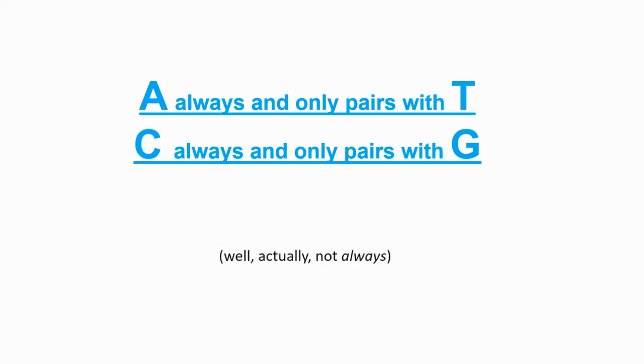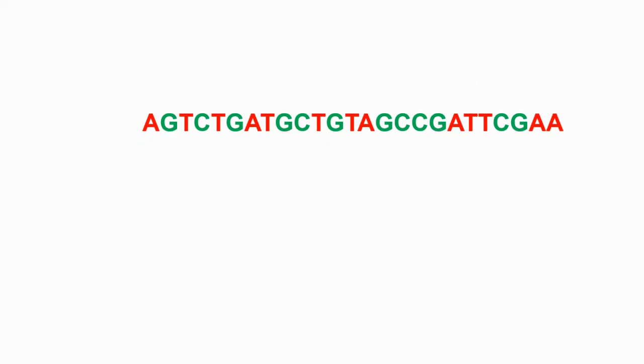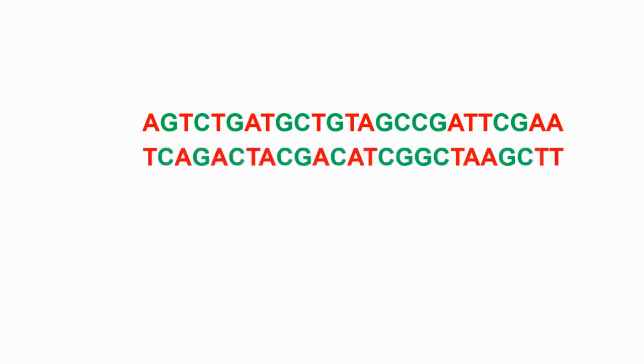Here's an example of a DNA sequence from one strand with the A's and the T's in red and the C's and the G's in green. We can predict the sequence of the other strand, since for every A there will be a T, and for every C a G. For every T there will be an A, and for every G there will be a